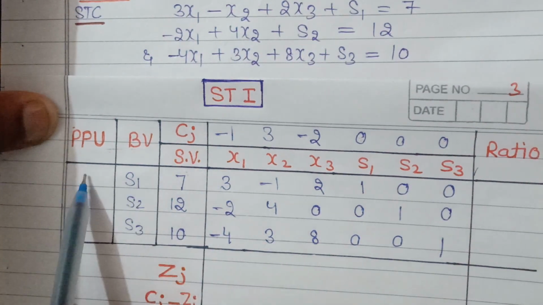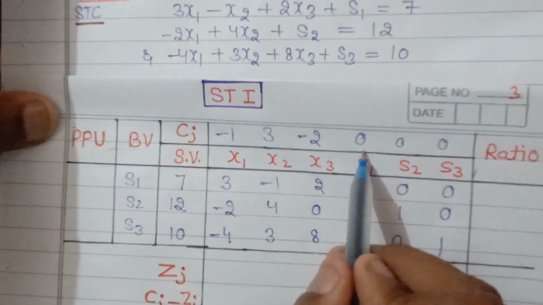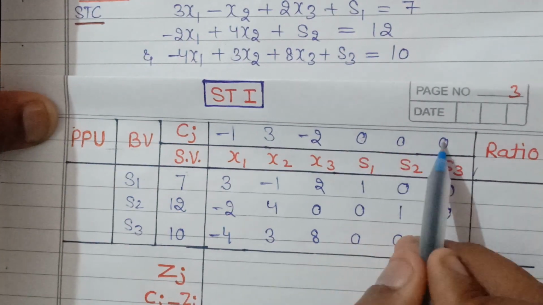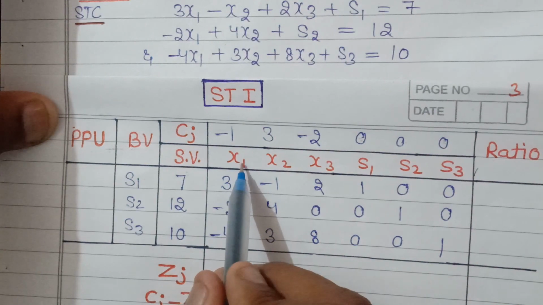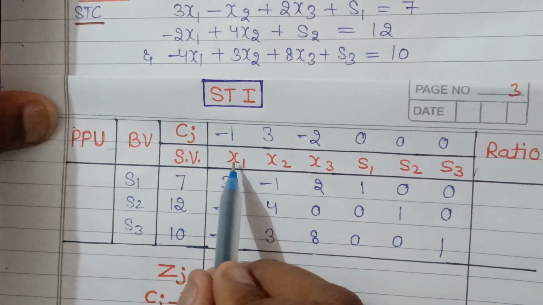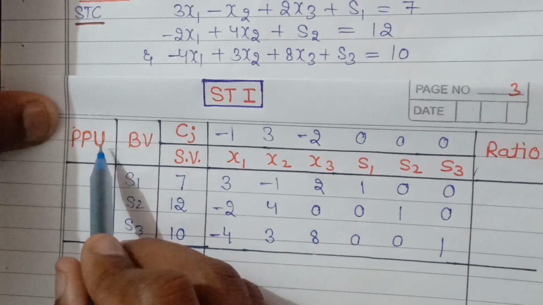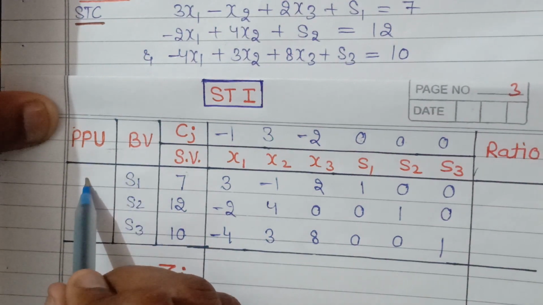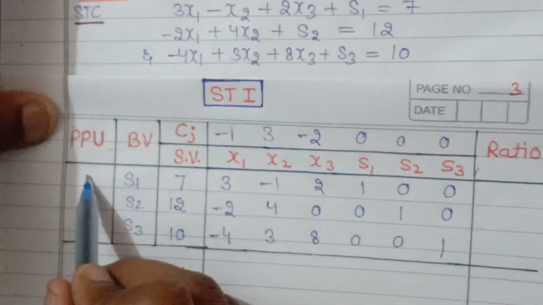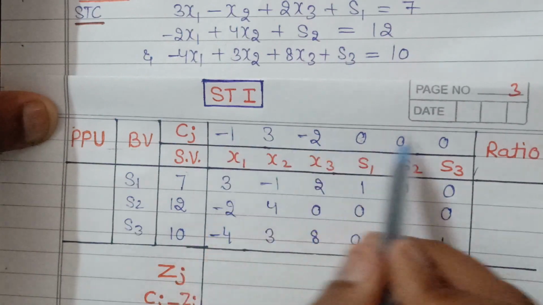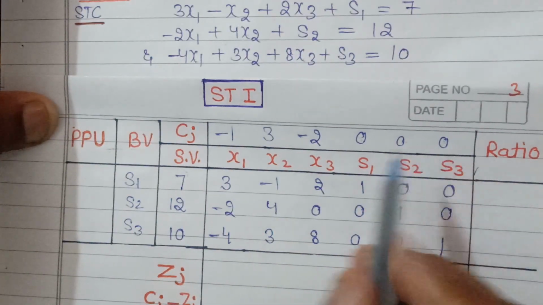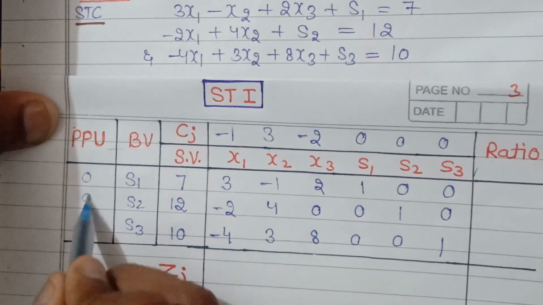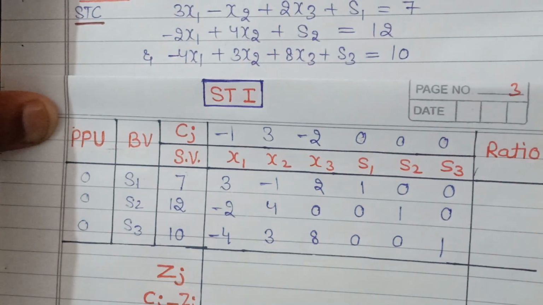Now we have to mark the values of Cj, so always these are the values of Cj for different variables here. As I have told in my earlier video also, if here x1 is here, then the value of Cj will be -1. So these values are the values of Cj, that is, the values in the first row of the table. So S1, S2 and S3 all are zeros.